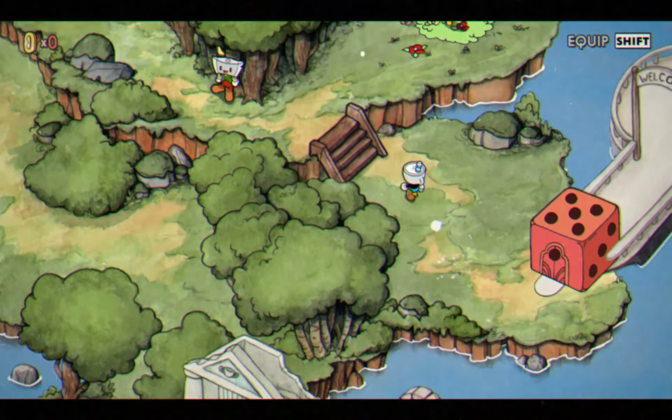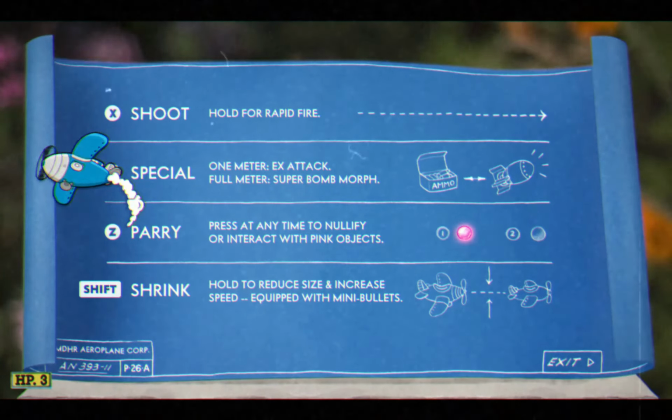I went to go talk to King Dice, which didn't really help because he called me like a bad thing, I don't know. Then I went to go learn how to fly a plane and turn into bombs. Now, I love Hilda Berg. I love the music, I love the